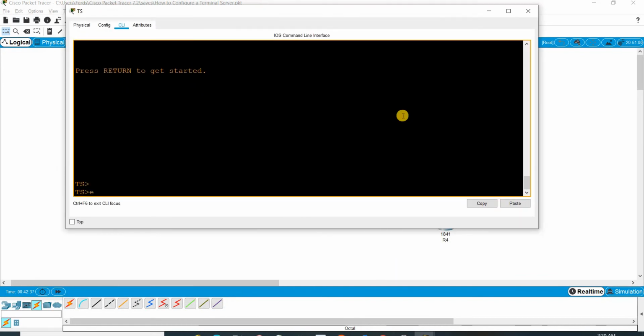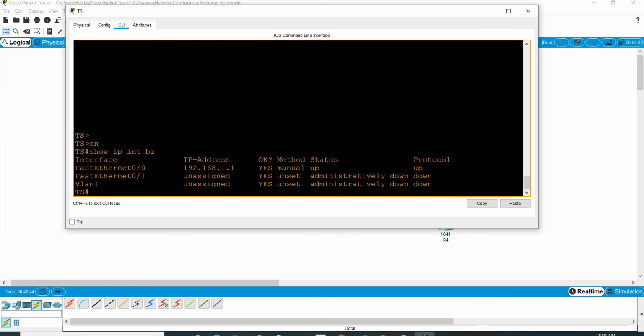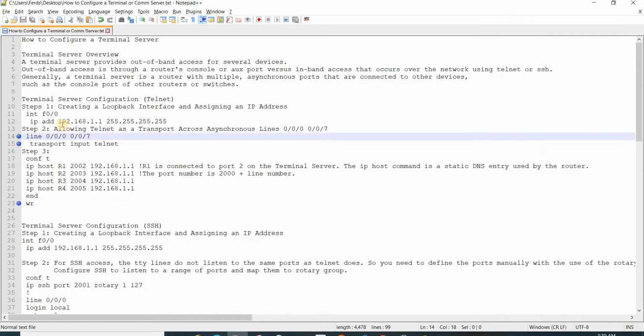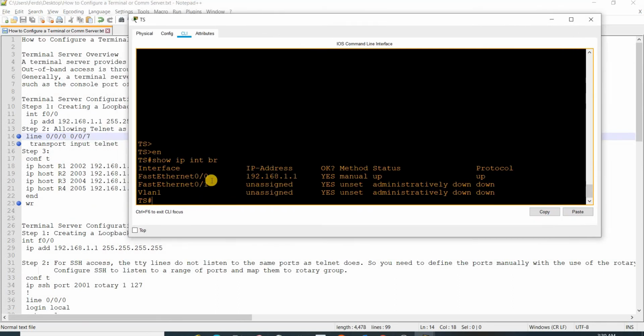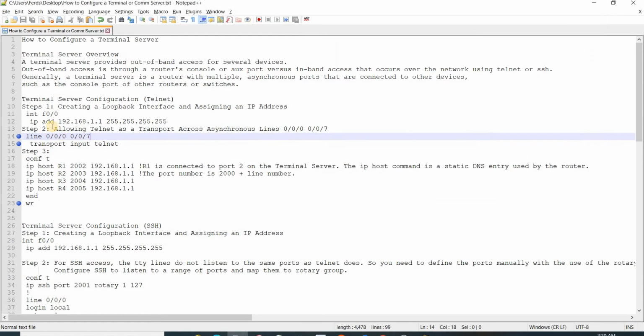What I did is basically configure an IP address. Usually you should configure a loopback interface and assign an IP address, but in my example, I'm just using this FastEthernet 0/0 and I assigned this IP address. And then